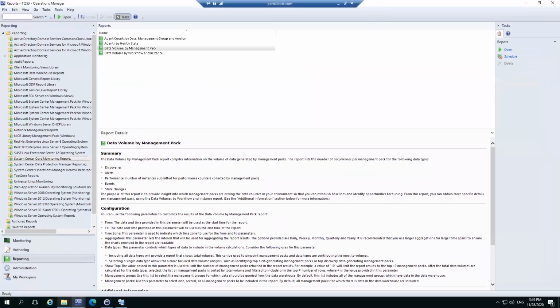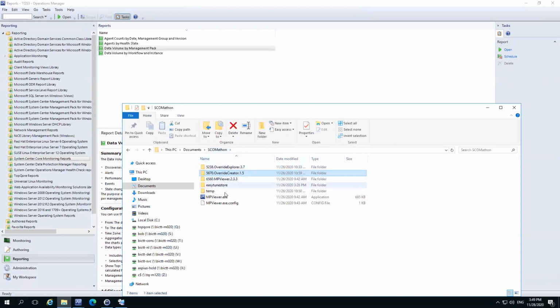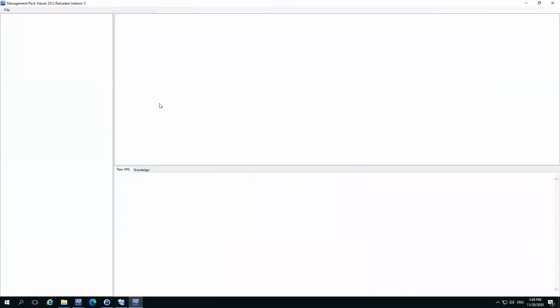Let me dive into the tools. So I've downloaded MP Viewer, in this case, this one. All right, this opens up the screen. We're going to File, Load Management Pack from Management Group. You will immediately see which version of MP Viewer you have, because the original MP Viewer does only load from file, and this one will actually load Management Packs from a Management Group as well. So I will have to put in a server,